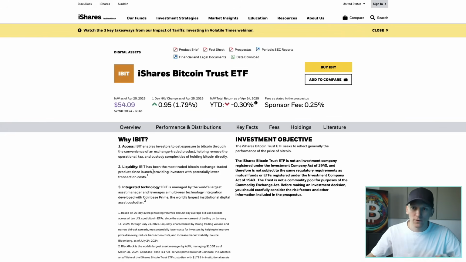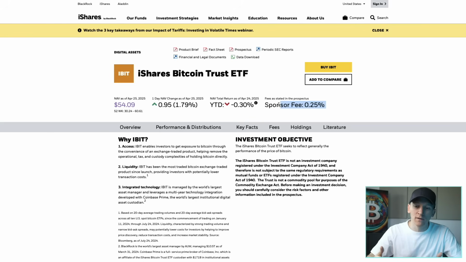So there's two ways to gain access. The first one is the ETFs. So IBIT in the US and FBTC from Fidelity. Go to your IRA provider or whatever and see if you can put these in your retirement accounts to try and reduce potential taxes in the future if you sell. You also get a sponsor fee here. That is the fee that you pay for them holding the Bitcoin, 25 basis points a year. That's going to rack up if you're holding this thing for a decade, right? It's a good few percent of the dollar value of your assets given away,